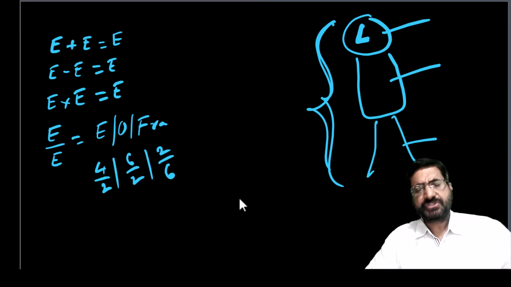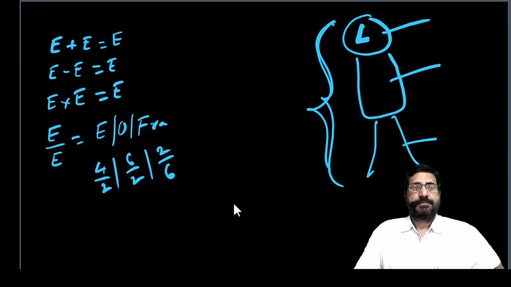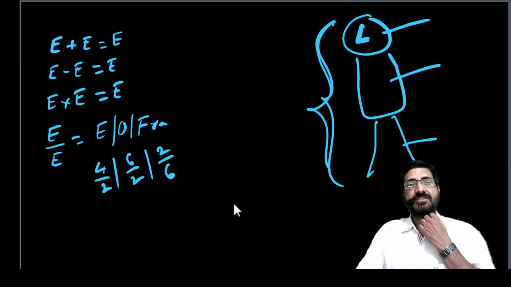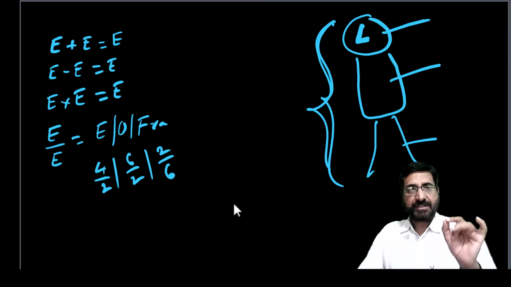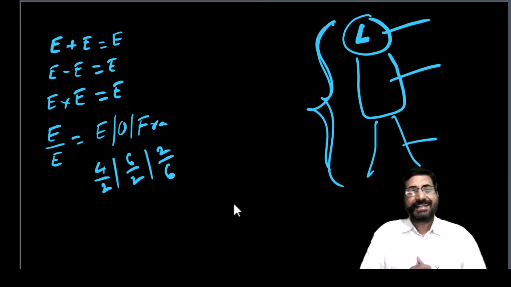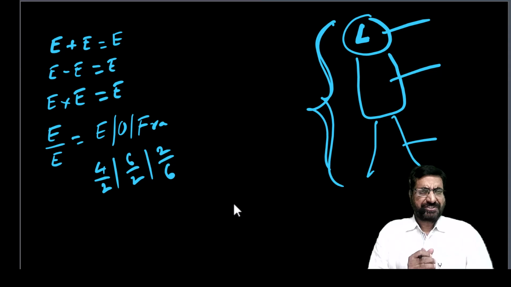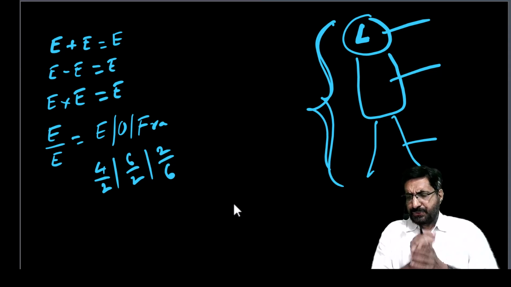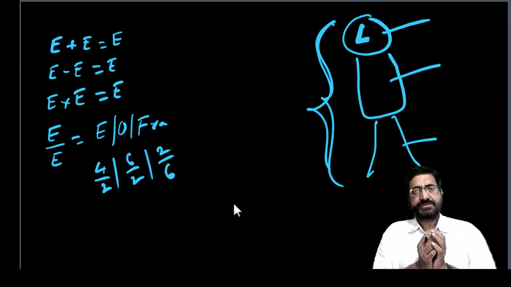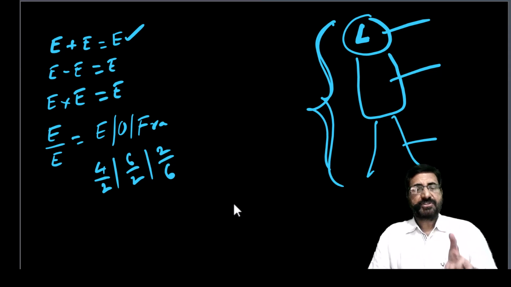Fine, odd numbers are those numbers which are not divisible by 2. Means you will get some remainder. They are not completely divisible by 2. Even numbers are those numbers which are divisible by 2 without giving any remainder. Remainder should be 0. Fine, you know all these things. But do you know when you add two even numbers, what you will get? Again an even number. If you subtract one even number from another even number, again you will get an even number.